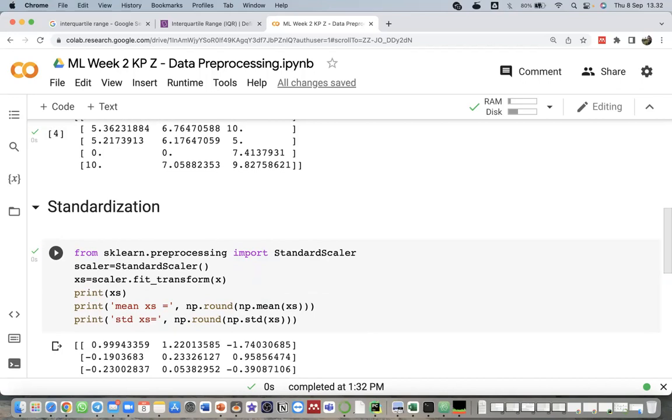You can just try: if you remove the round, it will be close to 0, 0 point something something. But the standard deviation will be 1 or close to 1.